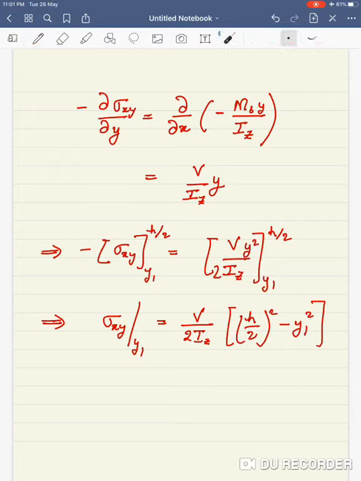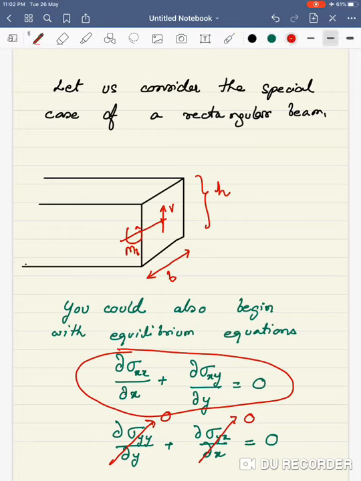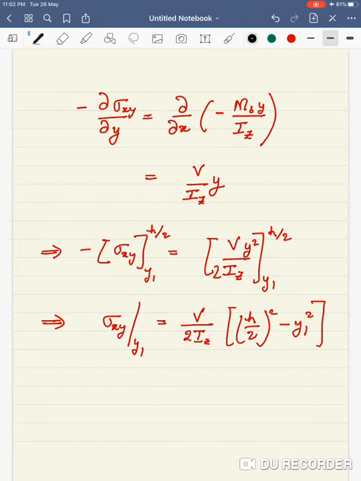Great. So in the regular case, you sort of know that this is being evaluated at y1, so I don't have to write this, but I've still left it so that it's easy for you to understand. This is a parabola. So here the shear stress is going to look like a parabola here with the maximum at the center. Okay. So this is quite an interesting result, and I'm leaving this as an exercise to you, that you should please verify